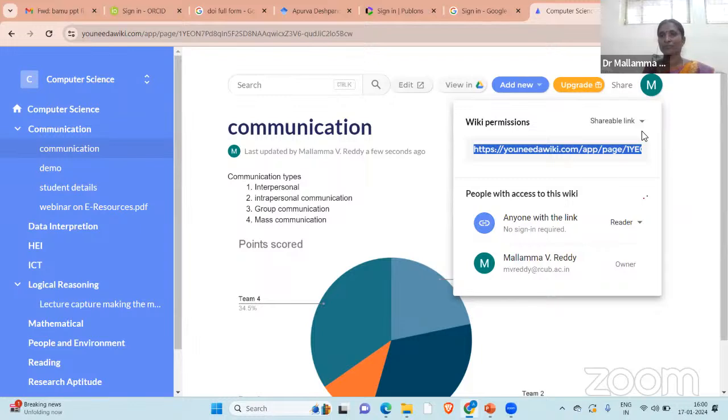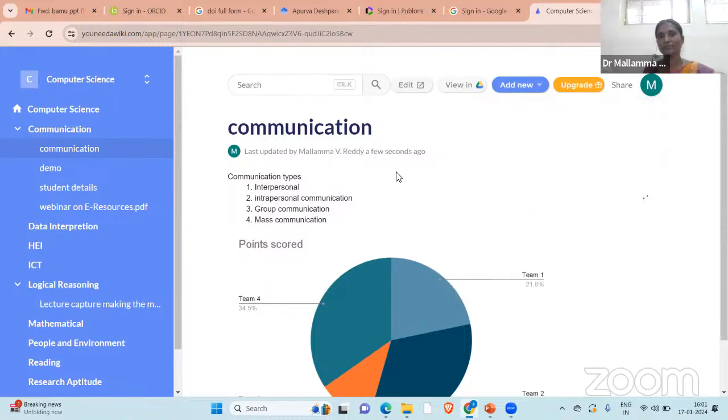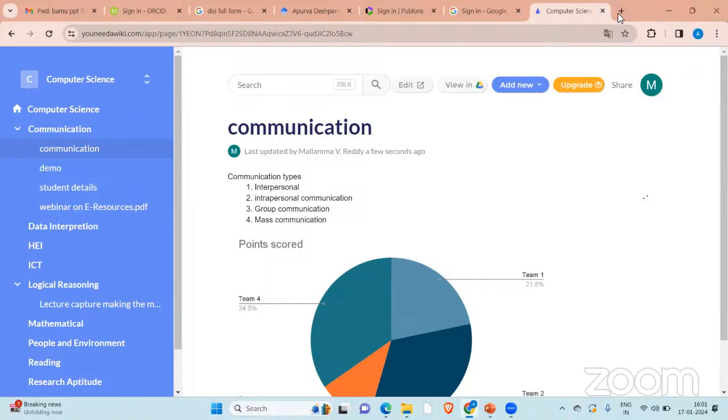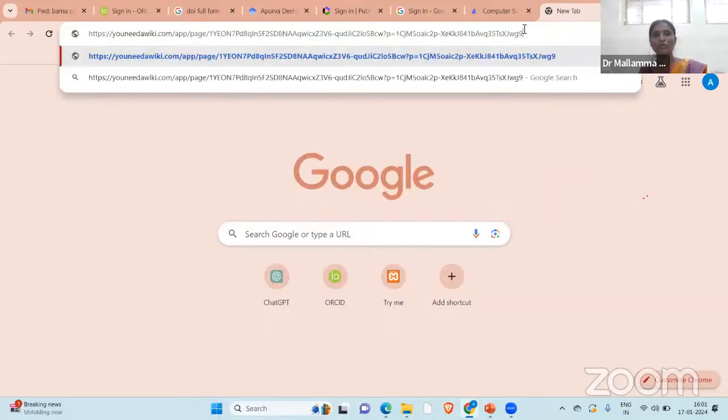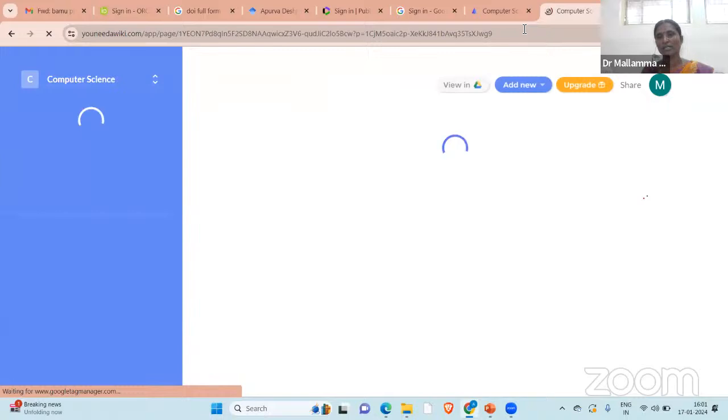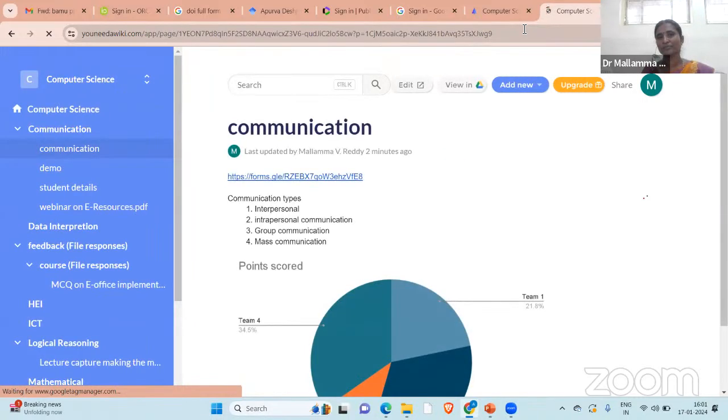Control C. Copied. And go to the plus here in Google. Just paste it into your WhatsApp group, paste it into your own WhatsApp, or just go and paste it into Google. The same content is visible to your students, because the link is given to them, the content is visible to them now. See, this is the content. Is it or not? Can you see it?